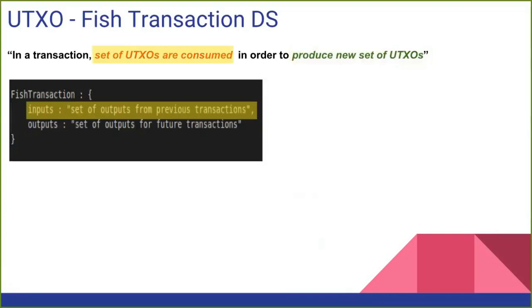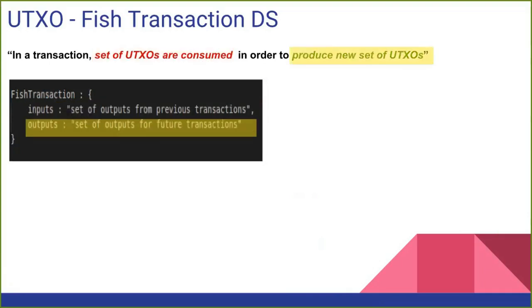Those inputs he has got from some previous transaction, right? Somebody would have given him the 500 rupee notes. Those two bills he must have got from some other transaction which would have happened in the past. And the new notes, the 400 and the 600 for Akka, that is going to be produced for the future transaction which he is going to make. Correct? So this is the simplest object structure I can think of for this fish transaction.